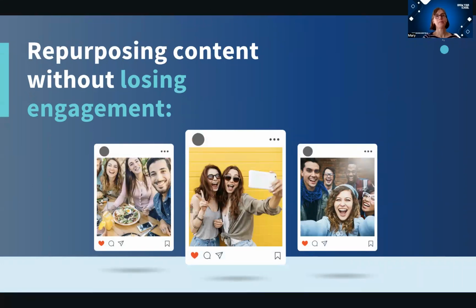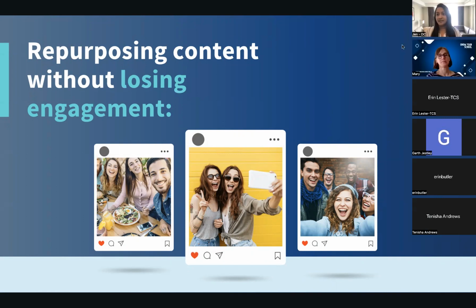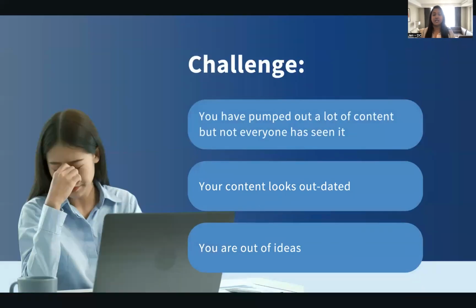Okay, so I will talk about repurposing your content. It's very important to look at your content and say, hey, you know what? Some content, like open houses and introducing new teachers, you can actually repurpose. Because sometimes when you're ready to write content, you're like, oh my goodness, I am so overwhelmed. There's so much going on. I now have to think of new ideas for creating content, and we know that's a challenge, right?